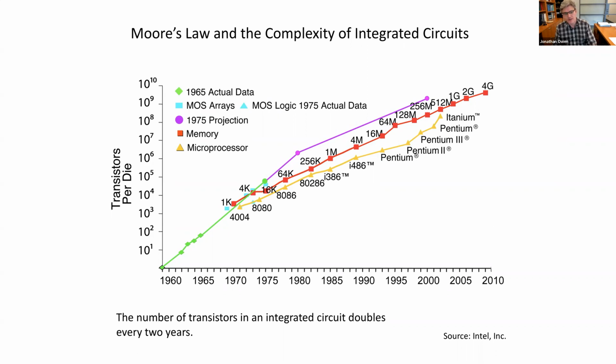Okay, so you're going to have this sort of exponential growth. You can see a log scale here going from 10 up to 10 billion transistors over this period of 1960 to 2010. So that exponential growth in the density of these transistors, which are switches, led to much, much more